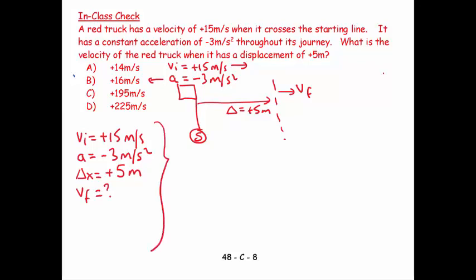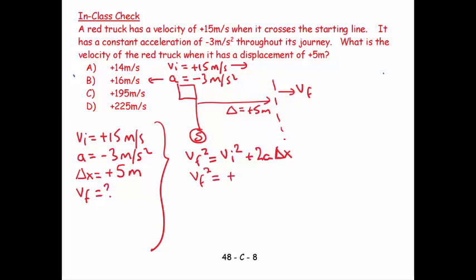Cool. Jogs my memory. VF squared is equal to VI squared plus 2A delta x. Notice I went from words to a picture, I went from pictures to a list, I went from a list to an equation, and now I'm doing sums. So VF squared is what I want,